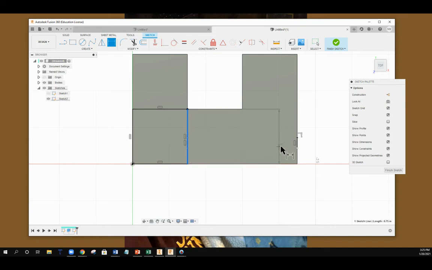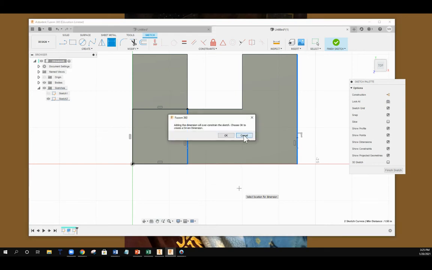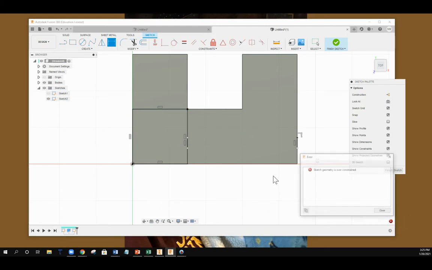You could left click there and left click on that surface, and it's at 1.5 already, but let's just say it wasn't at 1.5. You could place it, type in 1.5, and it would pop it into place. But because it's already locked into that corner, when I tried to place that dimension, it wouldn't let me because it's saying it's already locked in that corner. You can't change this dimension. So that's just a way to help fix yours. So if you have issues, you can always talk to me about it,